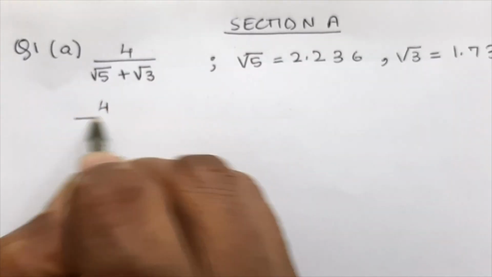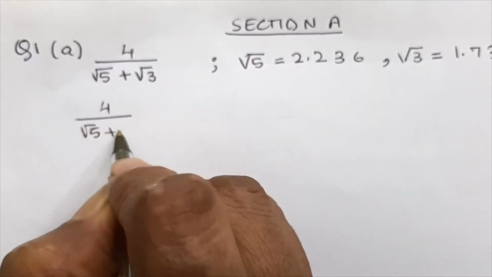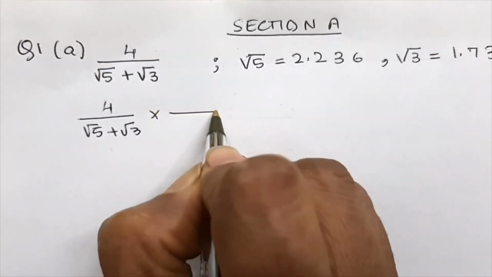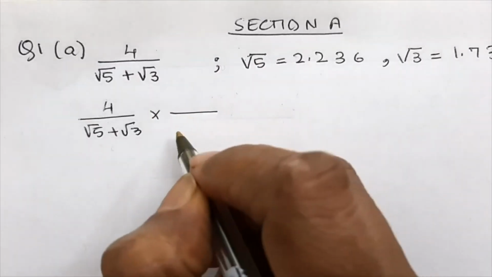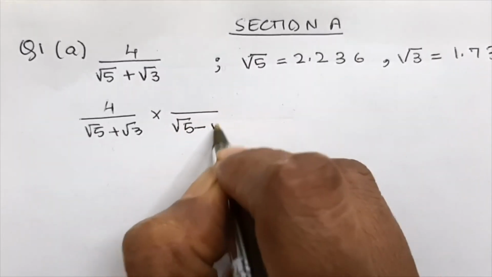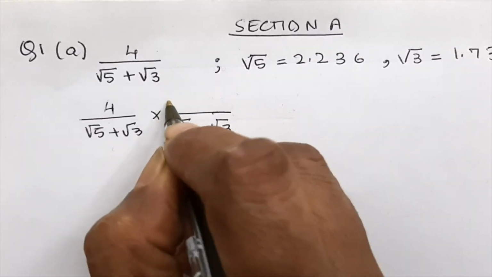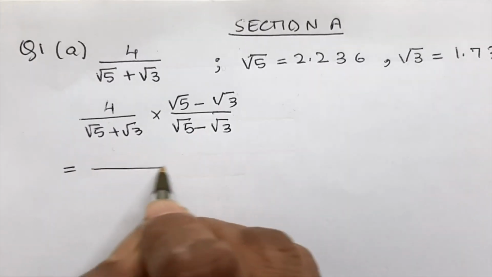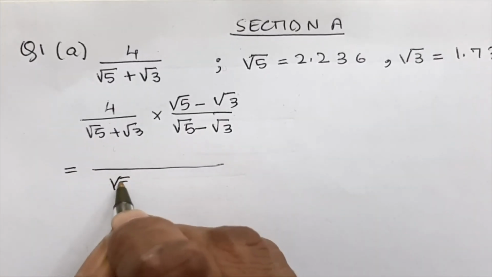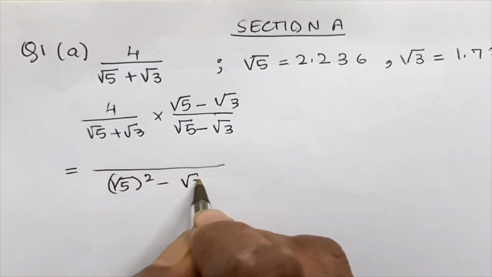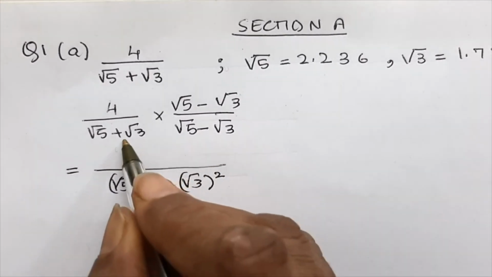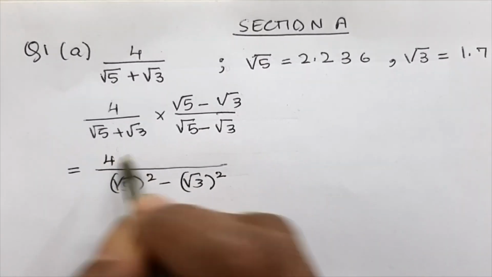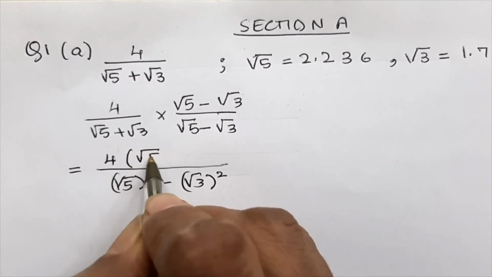So we have written the question down. Now we will write the fraction the way it is given. And because the denominator is of the form a plus b, we will rationalize it with the form a minus b, which means root 5 minus root 3, and the numerator also will be just the same. That will give us in the denominator root 5 whole square minus root 3 whole square, because we are using a plus b into a minus b equal to a square minus b square,